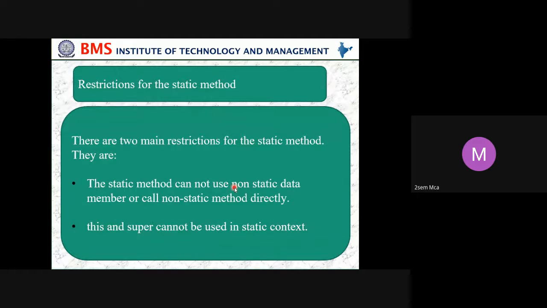Then what are the restrictions we have for the static method? There are mainly two restrictions for the static method. The static method cannot use non-static data members. So what it says,